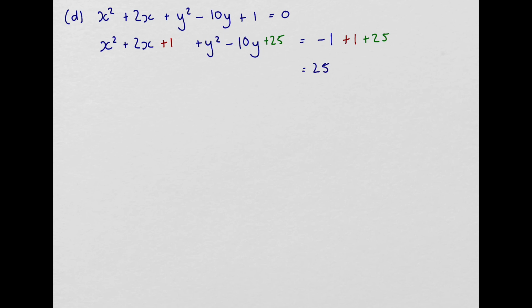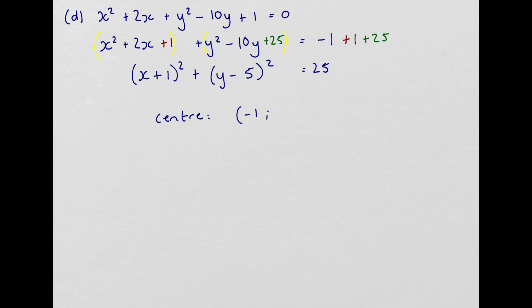You can't get a negative there because it's a distance, so if you get a negative then you've most likely done something wrong. All right, and then once again we're going to factorize that trinomial and that trinomial. So this becomes x plus 1 all squared, and the y trinomial becomes y minus 5 all squared equals 25. So that means that the center